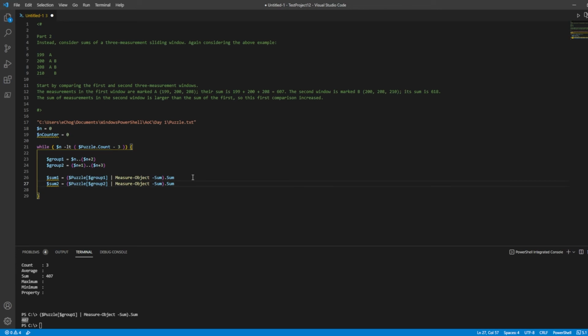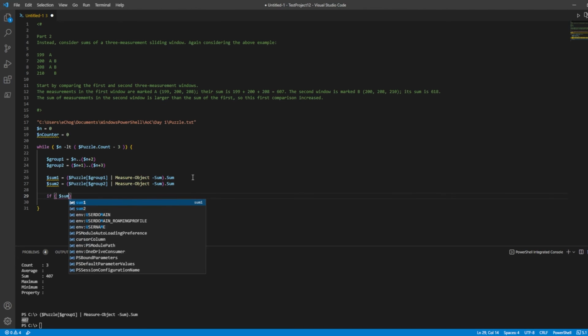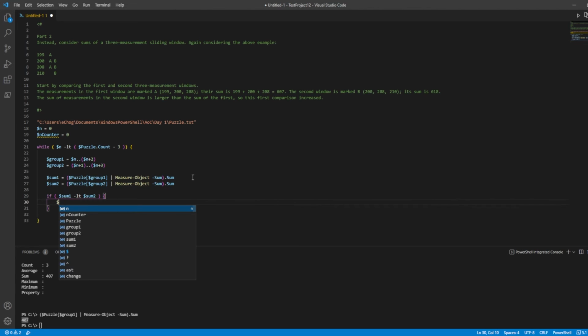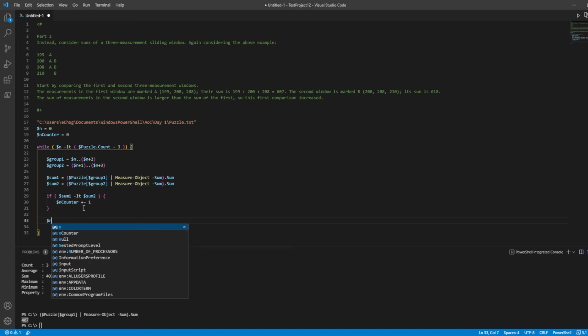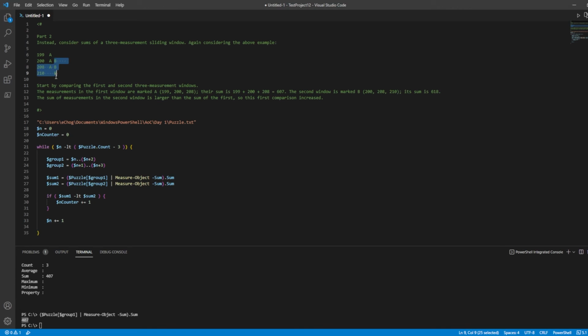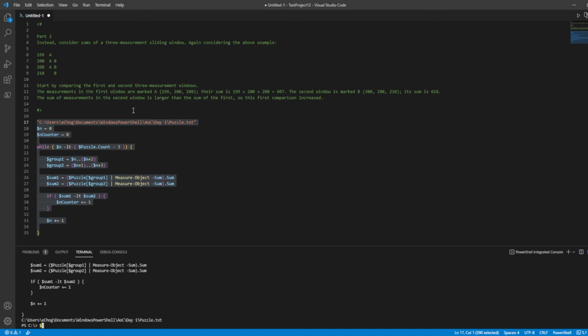And there we go. So let's say that if sum 1 is less than sum 2, now we're going to say n counter plus equals 1. And then again, have to increment n by 1. It always moves down one position. So the next set is going to be 200, 208, 210 when it compares these three to the next three. So if I run this and check my n counter,